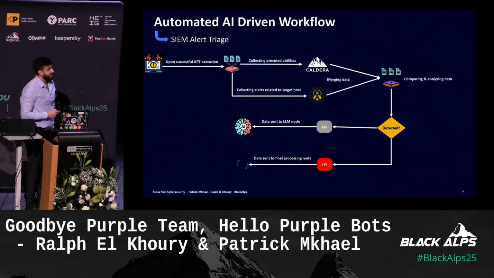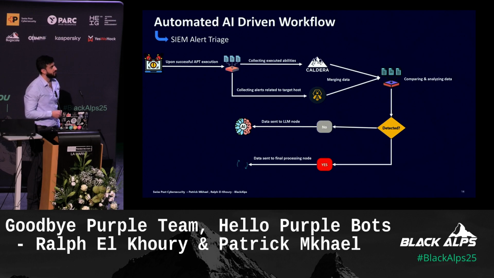Now Caldera executed this APT profile on the victim machine. The next step would be to collect all the executed techniques, tactics, and procedures that were done by Caldera. This is the first data that's gonna be used as the first input. The second input would be all the alerts that were generated in the same time frame of the exercise on the victim machine. Both data will be merged, so input 1 and input 2 will be merged, and the AI will